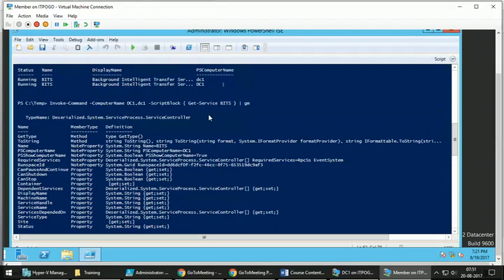there are certain properties, not properties, there are certain members from the output object that are removed, and this new output object which is generated is called deserialized object. The results which are coming from a remote computer will be deserialized.